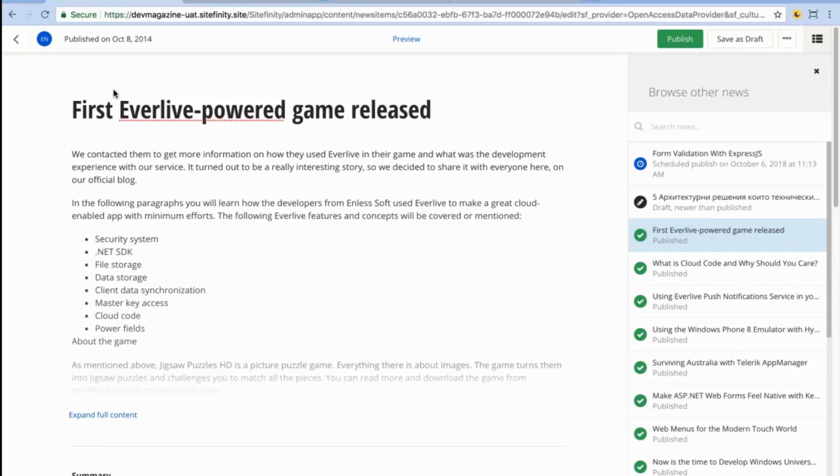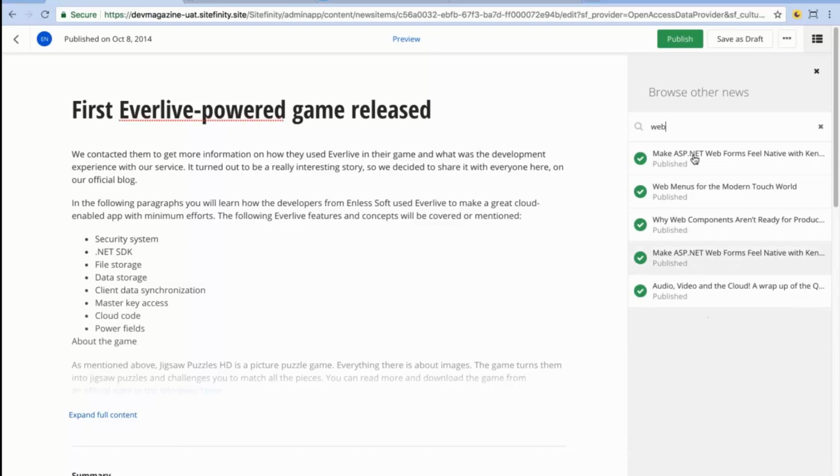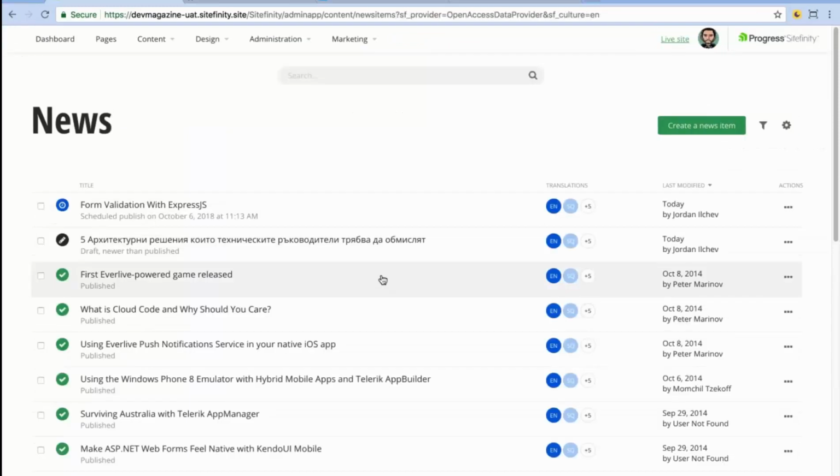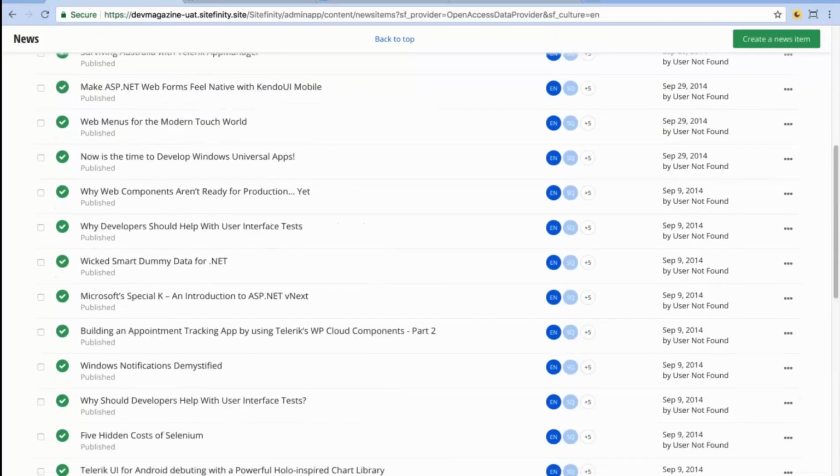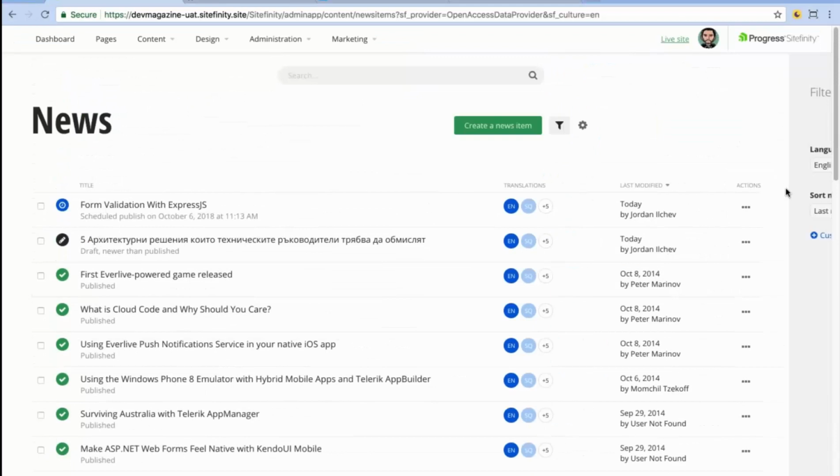What else I want to stress is that if they still need to find something, they can search right there, for example, web, and it will show all the blog posts or the news related to this term. They can also go to the list and search here, or if this is sorted by recent items, they can load more items, or they can